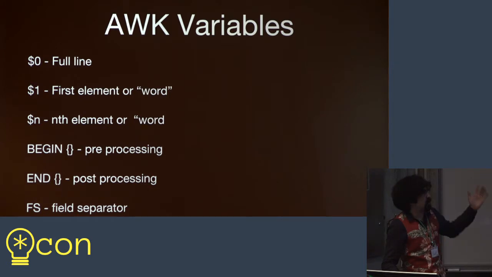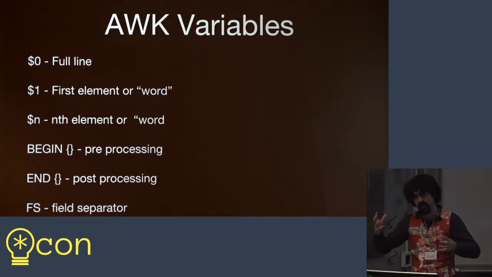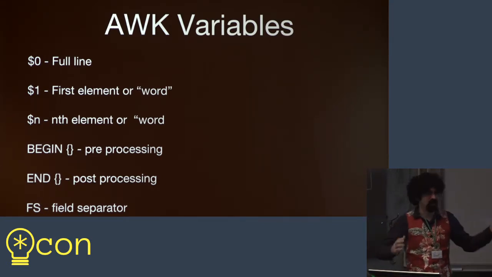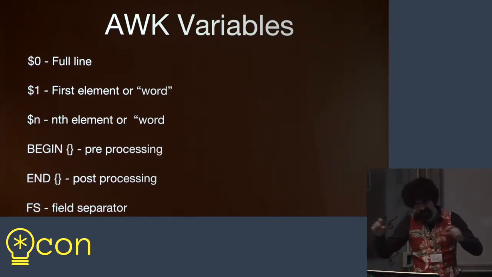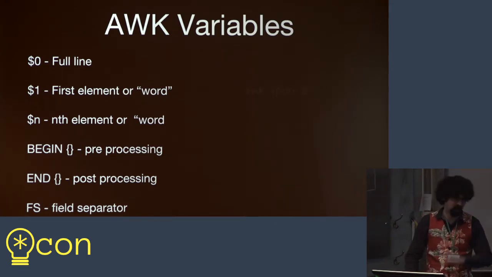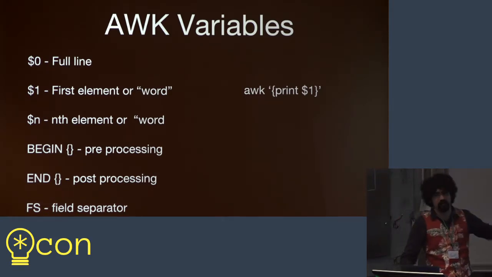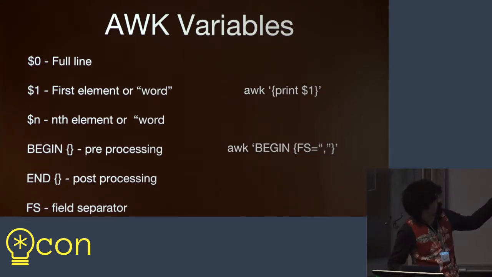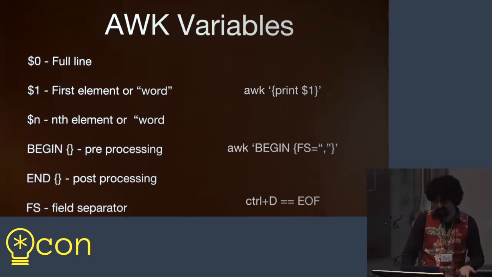And FS is a special field separator. So if we don't care about splitting on spaces, we can split on commas if we're doing CSV files and things like that. We can even split on new lines if we have groups of 3 and then a blank line. And so each field can actually be a full line, and it gets confusing. You can do whatever you want with it. So very, very simple programs are like awk print $1. This will just print the first word of every single line. Here we are switching the delimiter, whatever the words are, to a comma instead of a space.